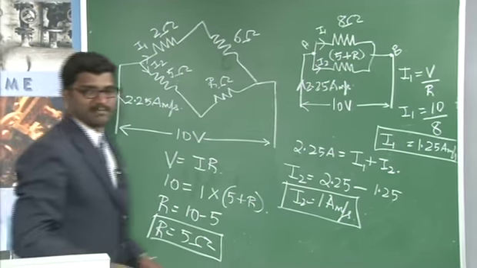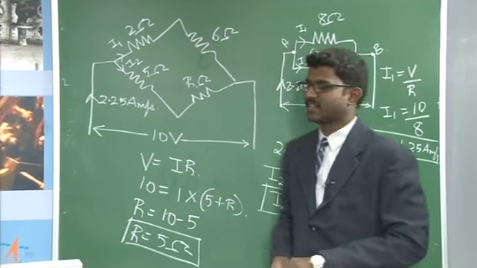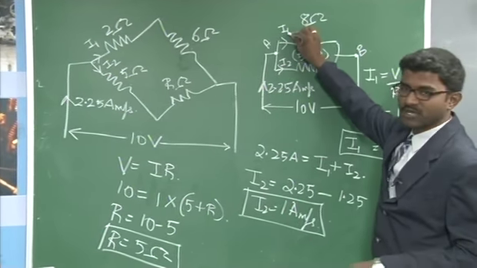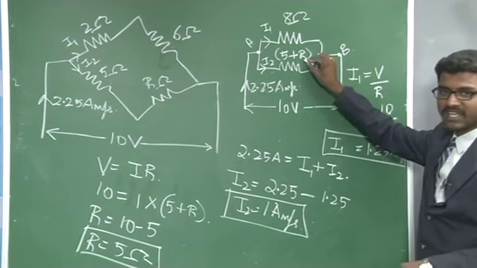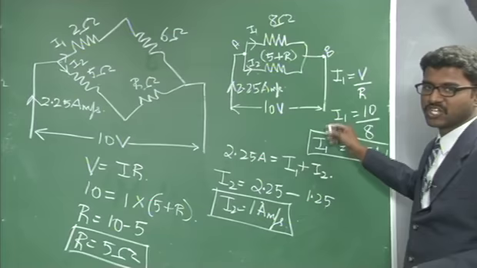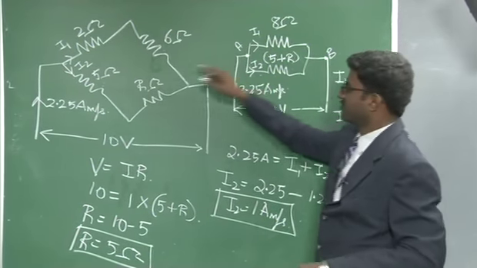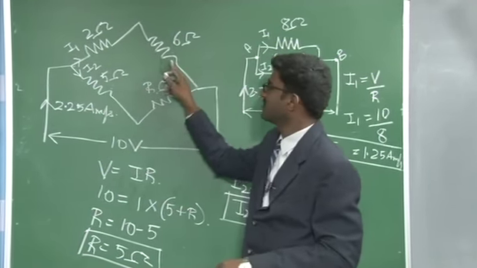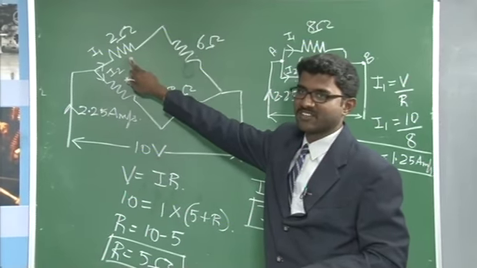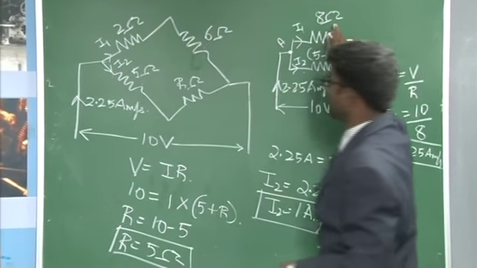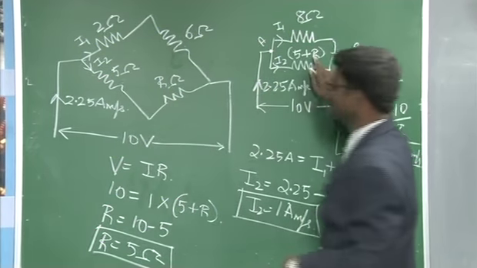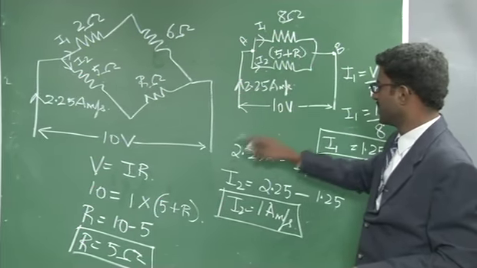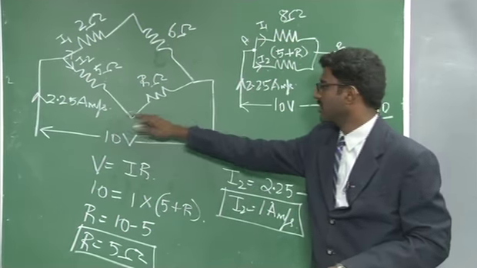So this is a simple network where your question states that you need to determine the unknown current I1, the branch current I2, and also the resistance R. We have used an application of series network, as 2 and 6 are connected in series. So it will be the summation of two resistances, that is 2 plus 6 equal to 8 ohm, and 5 and R are connected in series. This will become 5 plus R, and your circuit is energized with 10 volts and your source current is